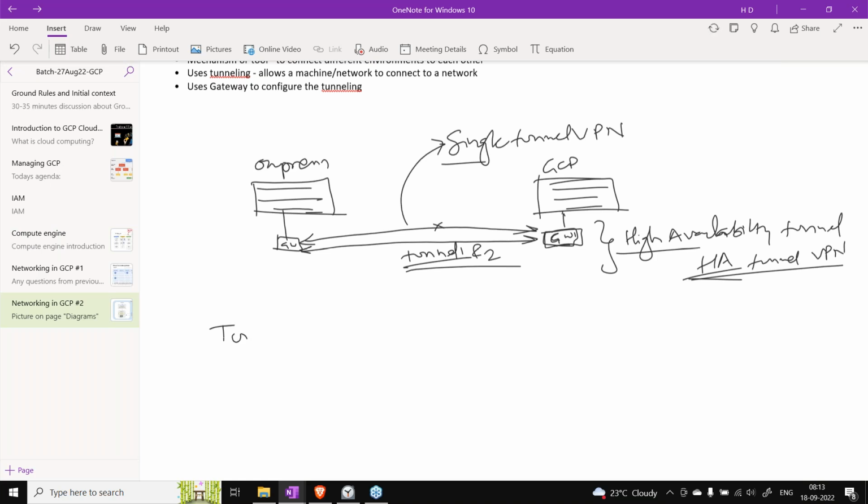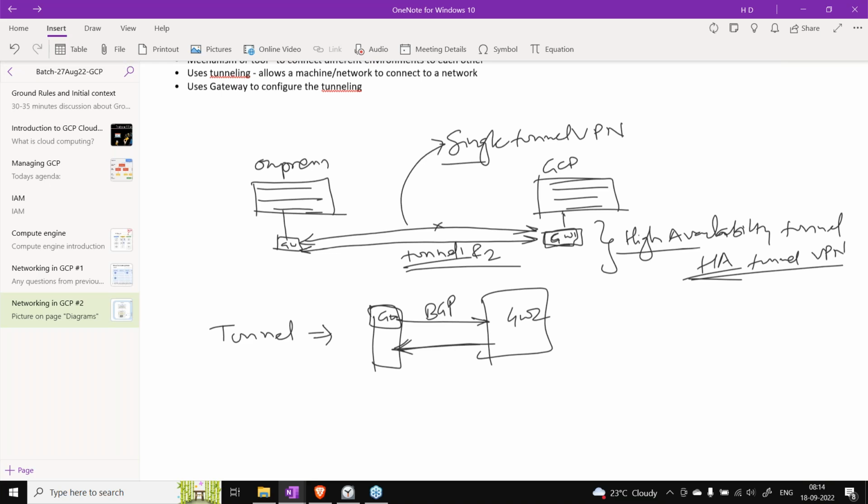Talking about one tunnel, it will be like a peering, we do this way and this way. There will be one connection from this gateway to that gateway, and another connection in the other direction, and it uses a protocol called BGP, border gateway protocol, for making this session.